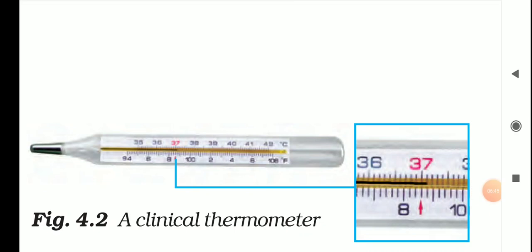Now students, this figure is given in the NCERT of a clinical thermometer. What I told you about the clinical thermometer is that it is a device used to measure body temperature, and it is made up of glass of uniform thickness. You can see the thickness is uniform from where the scale is given. Then I told you the glass tube contains a bulb at one end which is filled